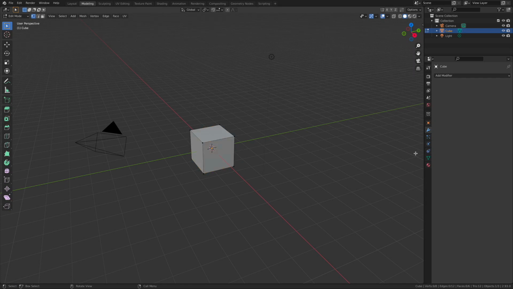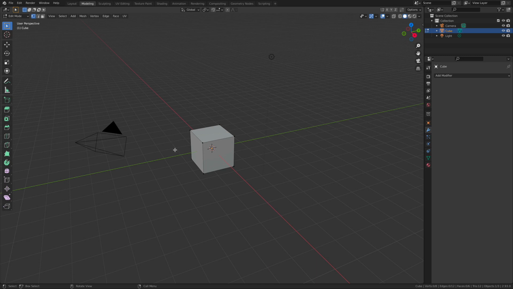So let me give you a real quick small tour of the Blender interface. It's pretty straightforward. The first thing that I want to talk about is this wonderful central viewport, because this viewport is where we're going to be doing the lion's share of all of our work inside of Blender. And of course, every Blender scene is going to come with this default cube. We're going to delete that here in a minute, but get used to seeing this cube. It's a good little starting point for all of our projects.